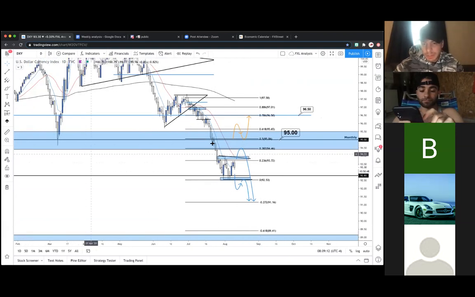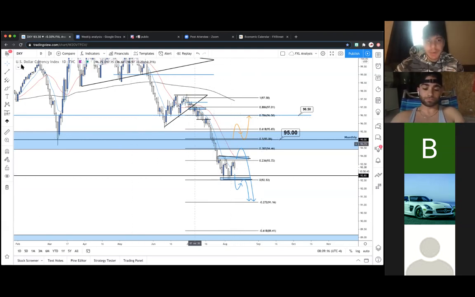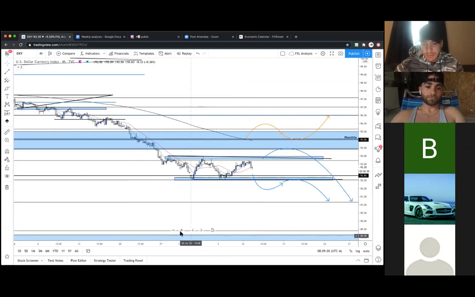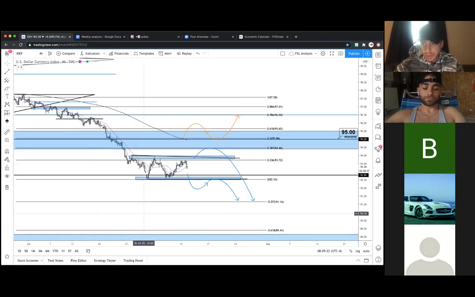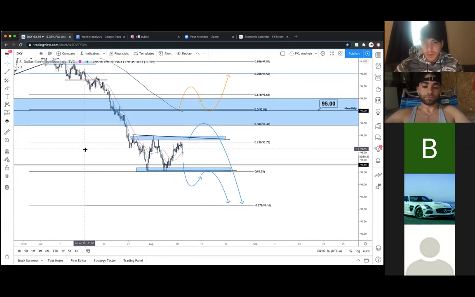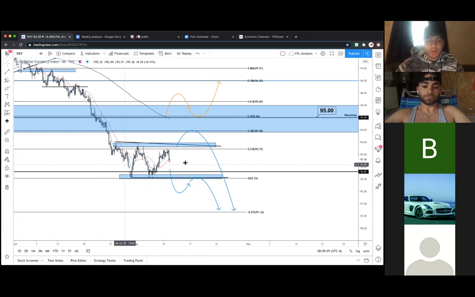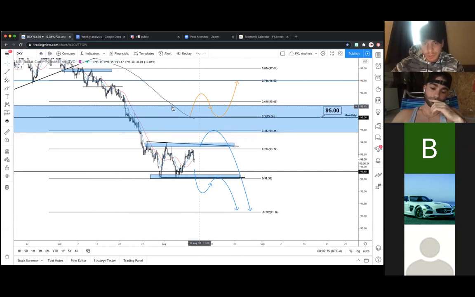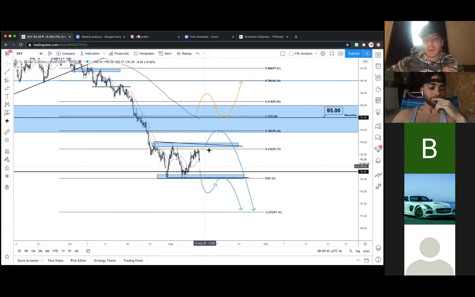So now that we can see that this is broken, that this is a daily transition, we have a change of trend, we can now go to the 4-hour and start looking at more current price action. Here's that consolidation I was talking about. Here was that break of 95. From here, there's a couple of scenarios. Right now we're only looking at short opportunities. Nothing here says bullish to me, so we're not going to go over any bullish options until I get into this orange arrow trade path right here. But for now, we're only looking at shorts.